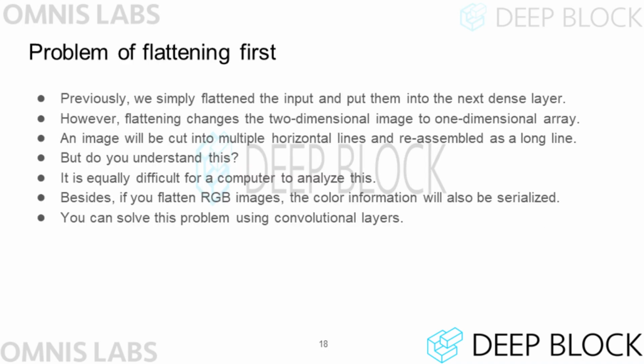In the case of the currently implemented model, the input image data is made into a one-dimensional array and passed to the dense layer. This will turn the image into a single line of color band. If one image is cut into several thin lines and joined together, it will be difficult for people to guess what the original image looks like by looking at the stripes. The same goes for neural networks. When an image is flattened and input to the neural network, it is difficult to convey information about the shape of the image. To solve this problem, let's take advantage of what's called a convolutional layer.